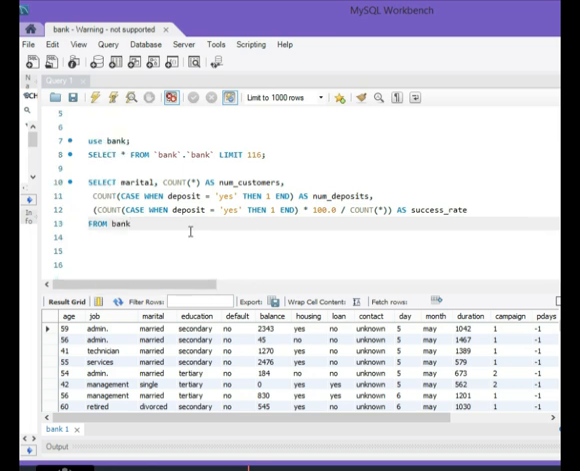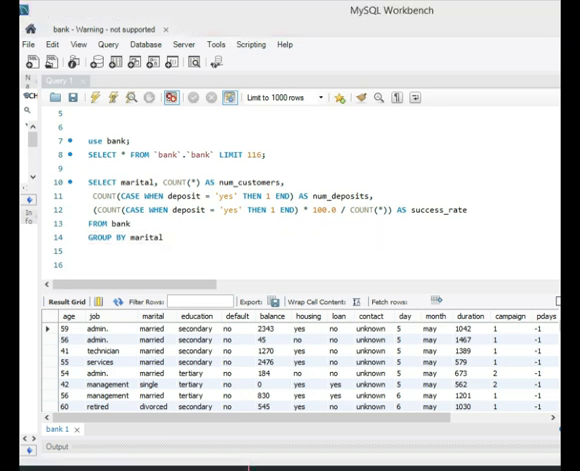Where the database comes from, then group by. So here we gather all the rows in the same marital status into groups. So we organize the data by marital status so that calculation can be performed for each marital status